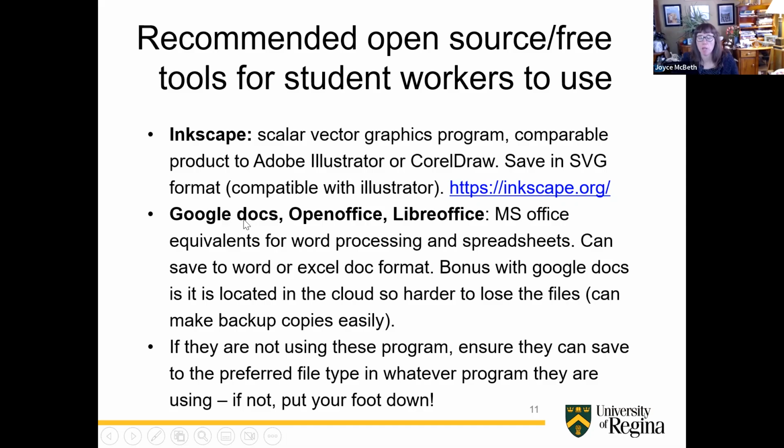And then it might seem obvious that MS Office would be the go-to for word processing, but students don't always have access to that software. And there are other benefits to using apps like Google Docs, where the files are located in the cloud, so it's harder to lose them. With all the projects I've worked on with Pressbooks, we've always had a backup Office copy or Google Doc that we're working from,